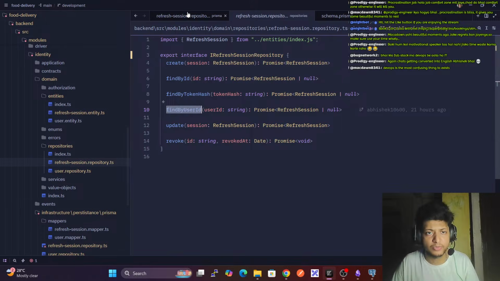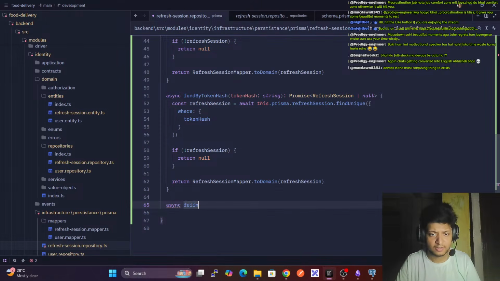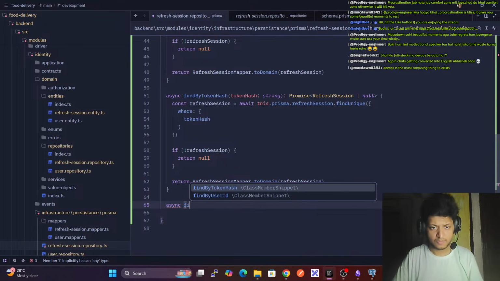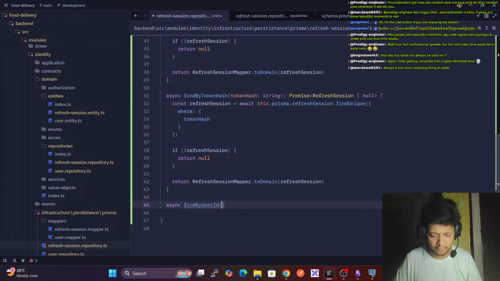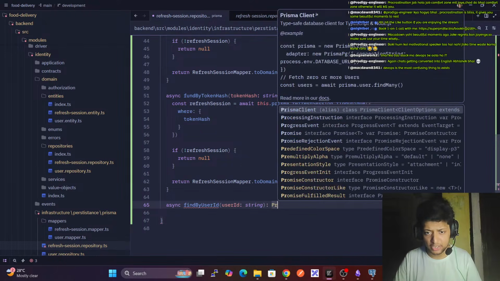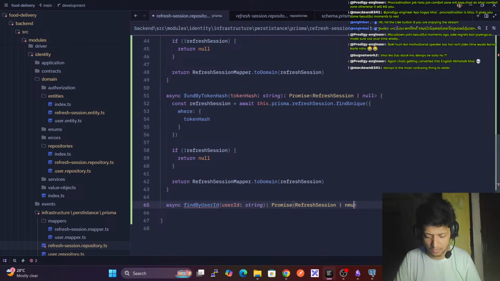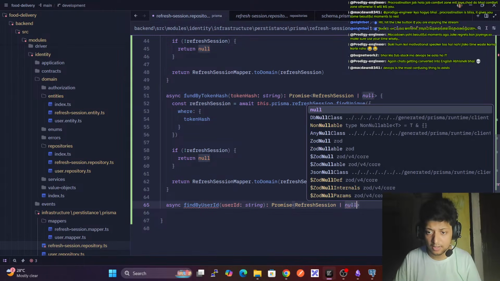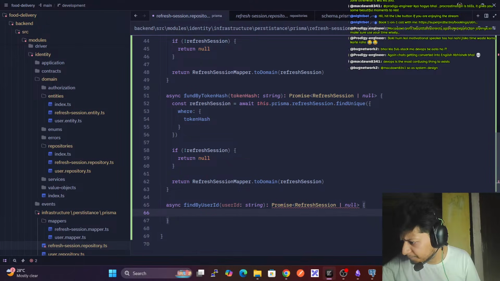Then findByUserId. Correct. Go here. Async findByUserId, and we are taking userId of type string, and here we're going to get a Promise of type RefreshSession or null. Okay, and here we have, okay,